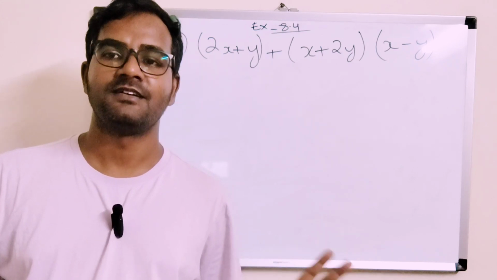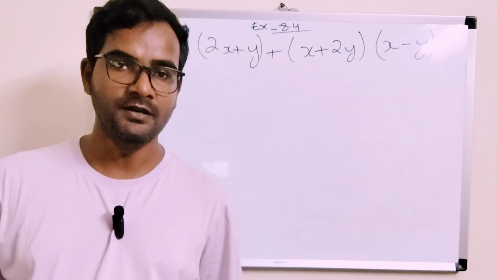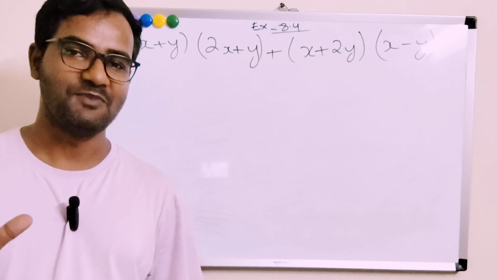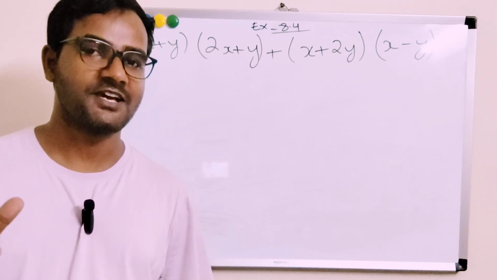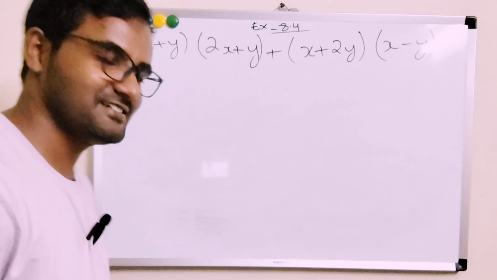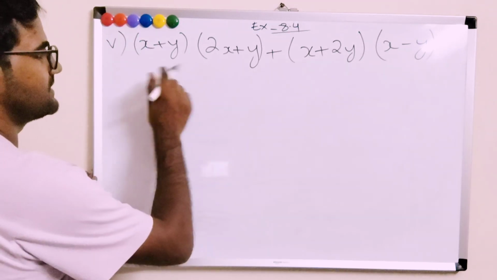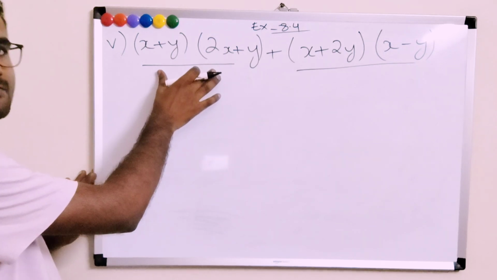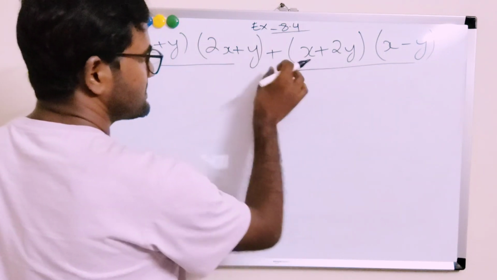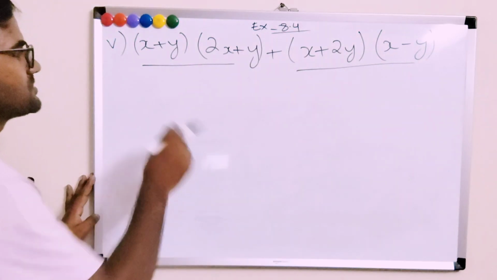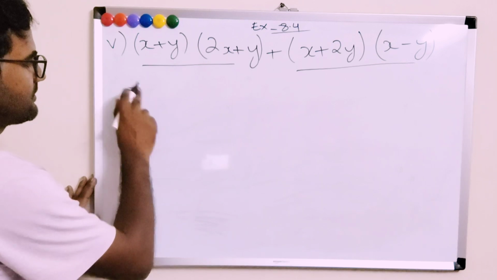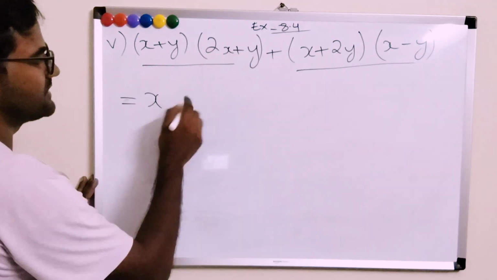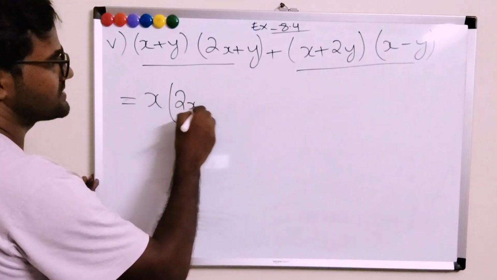The next number, all right, that is number 5. So you know how to do it, right? By now I believe you have learned how to do it. So let's do it together. All right, so first see, there are two terms given, this one and this one, right? So this one we have to multiply, then again we have to multiply this one, and this plus will be in between. So now let's write, all right, let's bring this x down and this whole thing here, that is